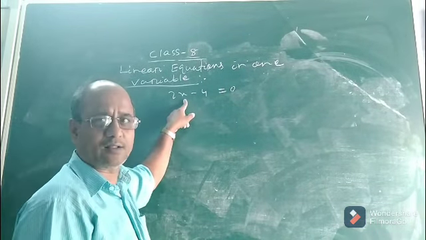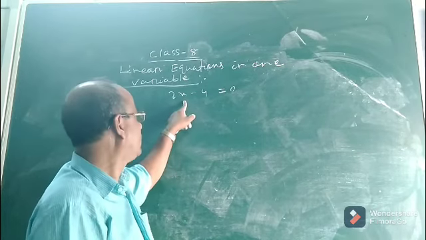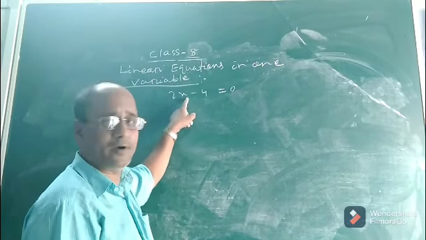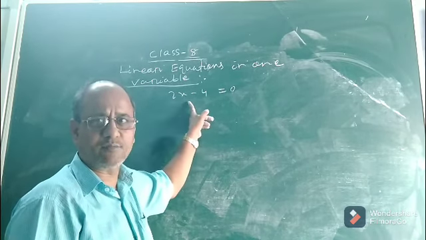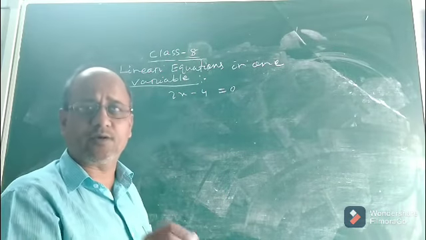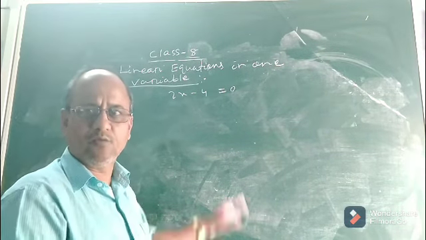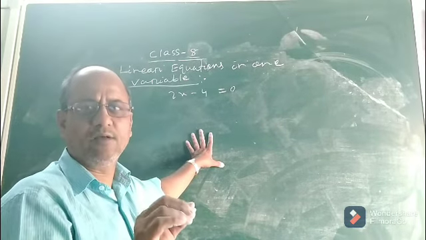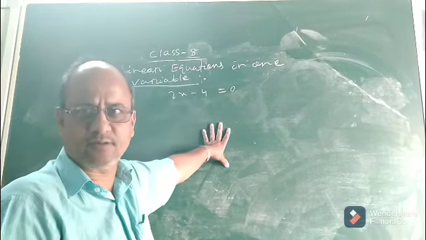Look at the highest power or exponent of x. What is the power of the exponent in this particular equation? Power of x is 1. So if the power of the variable is 1 in a particular equation, we call it a linear equation. This is not a new thing, children. You know it very well. But you might have forgotten, that is why I am discussing once again.